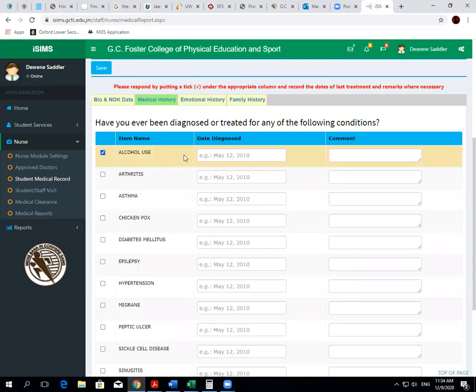But for this table, for example, now that I'm selecting alcohol use, it says date diagnosed. I would want for us to remove that and instead put date of last episode, and then right beside that, treatment administered, treatment slash intervention. And that would be some comment boxes. Last episode would be the date selection, and then we have the treatment slash intervention, and then we keep our comment box